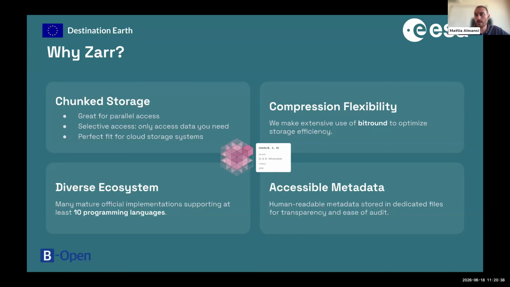And finally, it is a great data format for accessing metadata. The metadata lives in a separate JSON file, which is very easy to access and explore, and downstream applications can easily understand how the data is organized without having to read all the data.